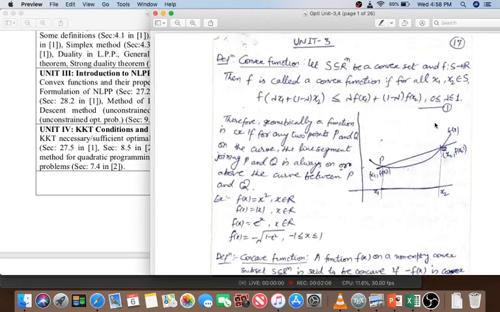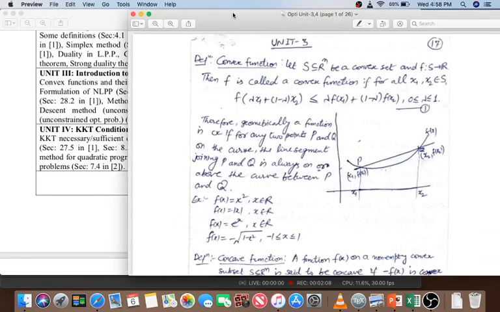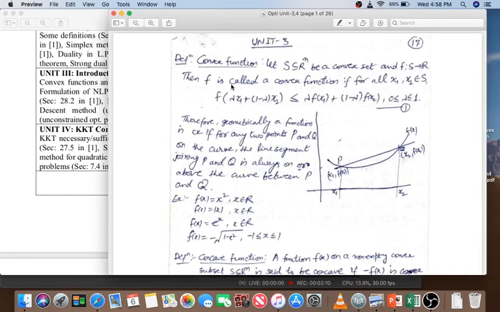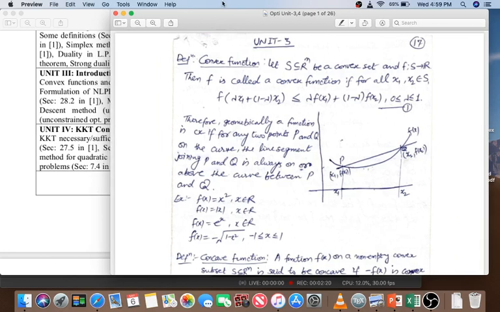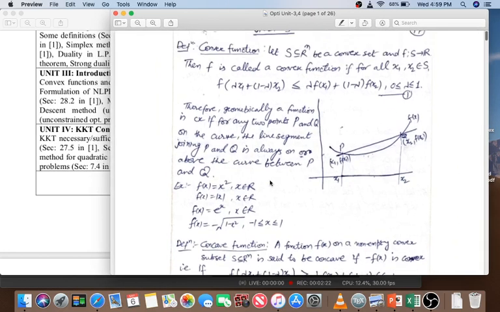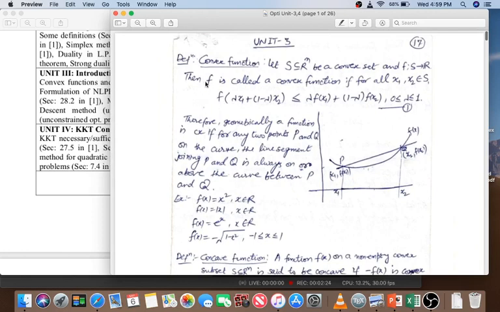So let us start with, so these are my notes and I have already shared them with you. This is also available on my departmental homepage and you can download it from there. It is in brief. So first definition, you can see, convex functions. So a set